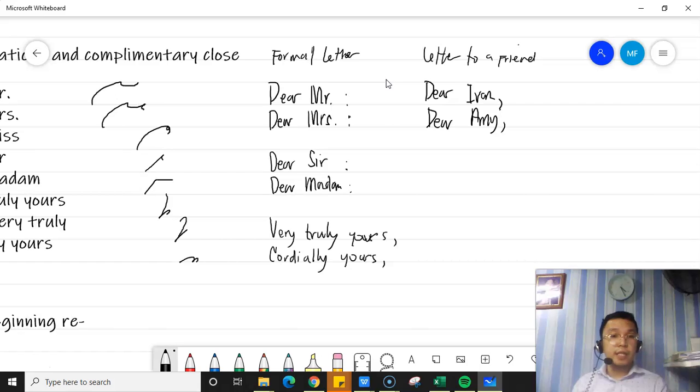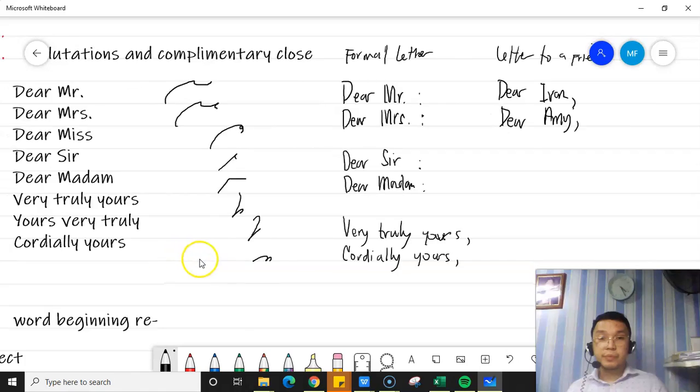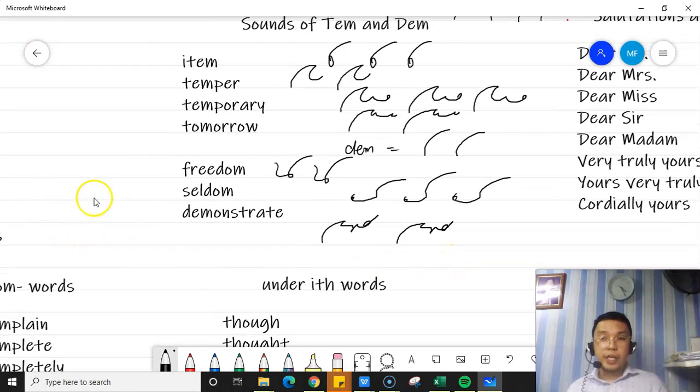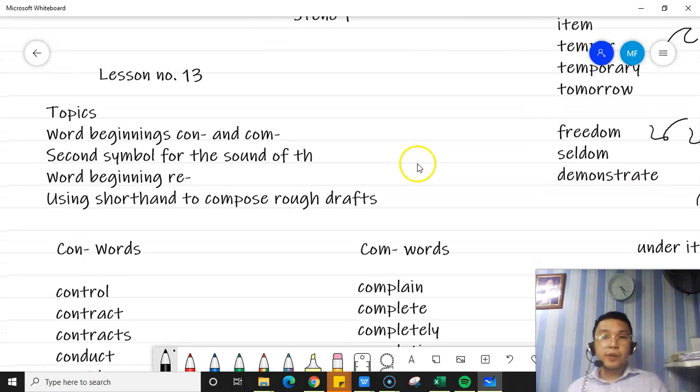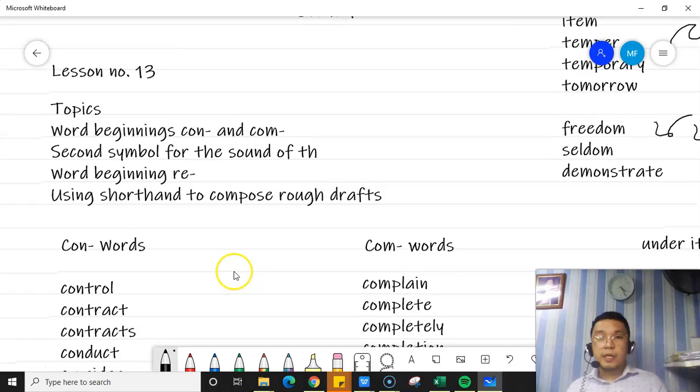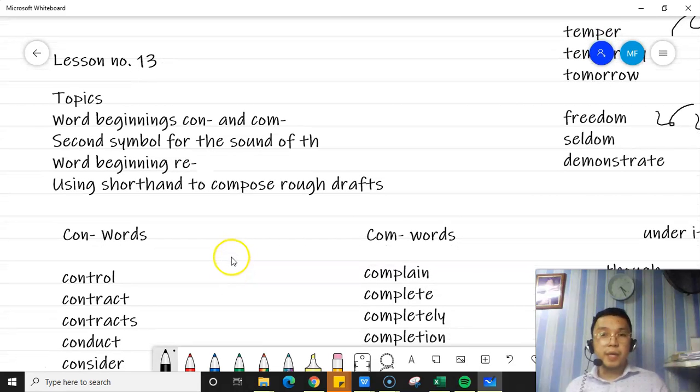So, meron naman tayong standard. So, that's the time na lalagay natin yung colon and then comma for the complementary clause. Okay? Are we clear? So, same with the full block and modified. Okay? We're clear. So, let us proceed with lesson number 13. So, lesson number 13, the topics that we are about to tackle are, sorry, word beginnings con and